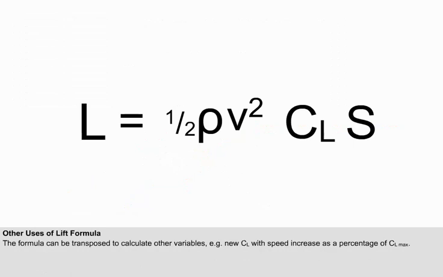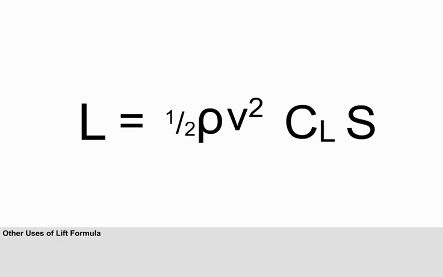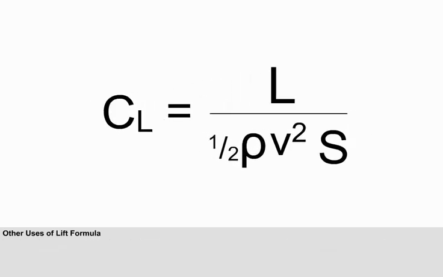The lift formula can be transposed in several ways to calculate variables which may be of interest to a professional aviator. For example, if speed is increased in level flight by 30% from the minimum level flight speed, we can calculate the new CL as a percentage of CL max. L equals half rho V squared times CL times S, when transposed, becomes CL equals L over half rho V squared S. Since density, lift and wing area are constant, this can be written as